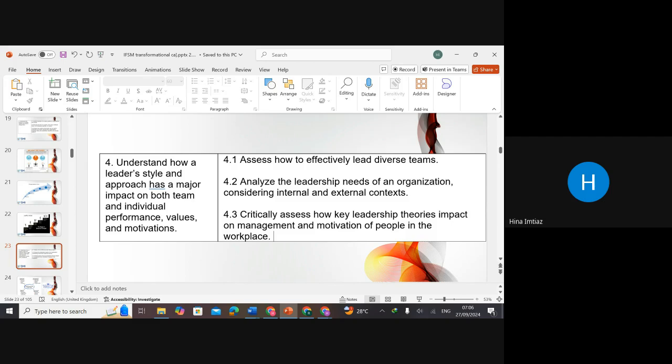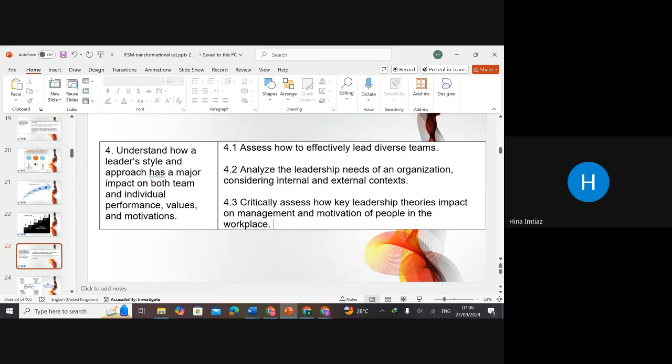And in the next question, you have to analyze the leadership needs of an organization, considering internal and external context. What are the external and internal contexts a leader must consider, and what are the needs of an organization before bringing this